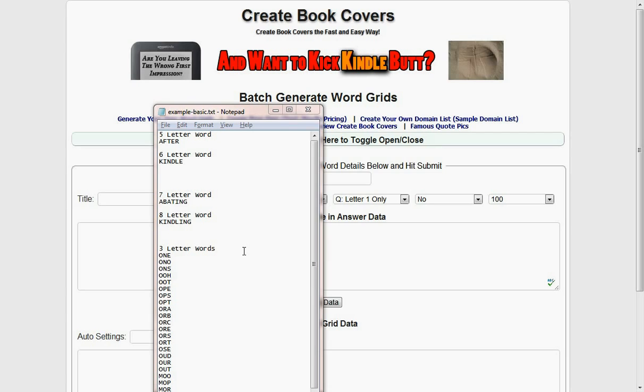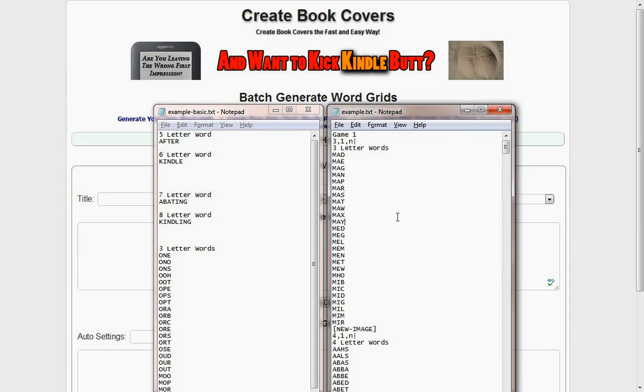Last video in the series, I'm going to show you how to generate a whole group of images instead of just individual ones like I did in the previous videos. Previous videos showed you how to generate the 3-letter word image, a single image, and then the 5 and 6-letter, and of course I said you could do the same with the 7 and 8. In this case, we're going to go ahead and do the full set of 10 games or groups,